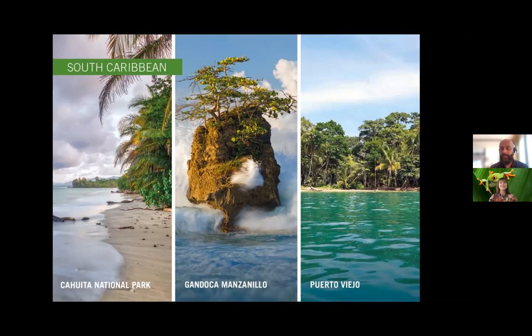But you see these beaches which are very beautiful and they're covered by forest. So you want to go and look for monkeys and maybe look for iguanas or do some bird watching, but then you're tired, you're hot, let's go back to the beach and get into the ocean. That's the beauty of this very exotic combination. You could do a little bit of leisure by the beach, just getting a tan and going to the ocean, but you could be also very active walking on the forest that covers